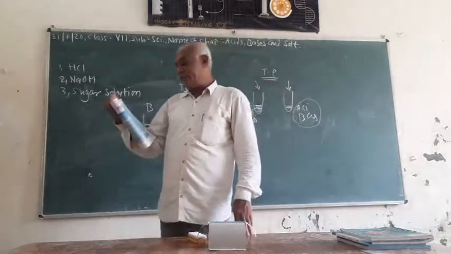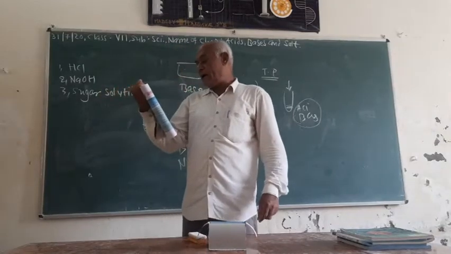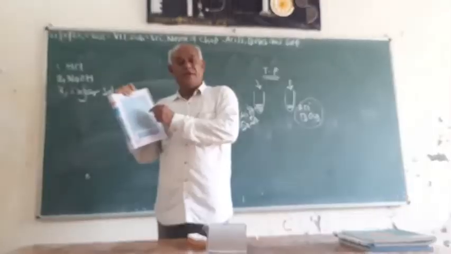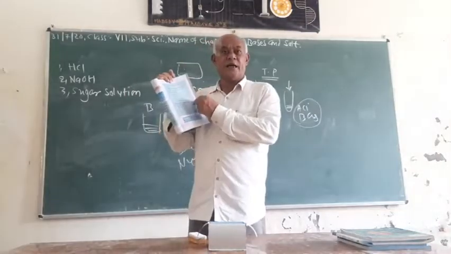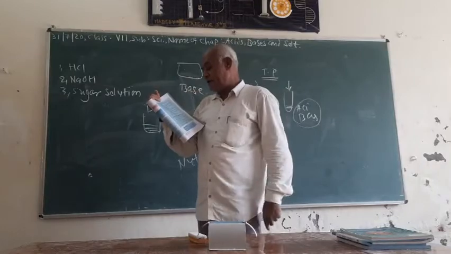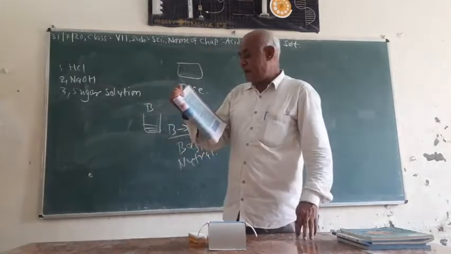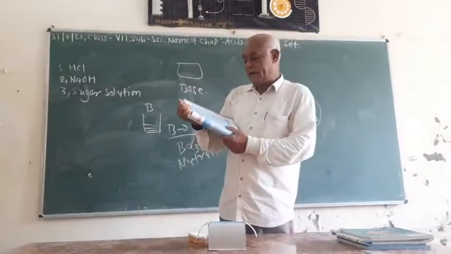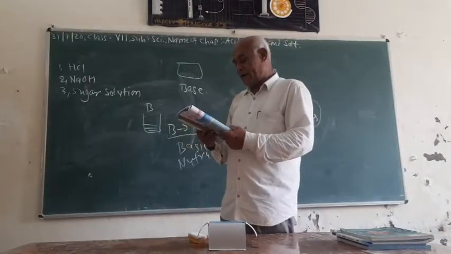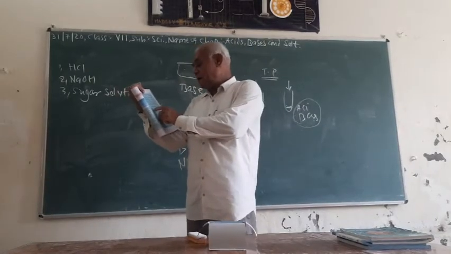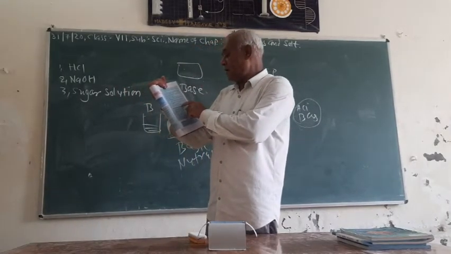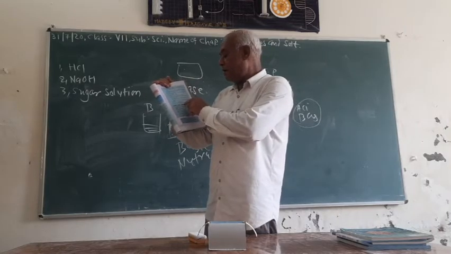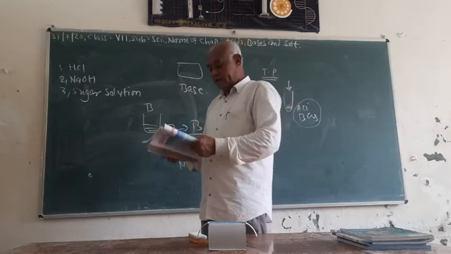Now, the last statement, the change of color in an acid and base depends on the type of the indicator. This is the correct statement. The color change in an acid and base depends on the type of indicator, that is, which type of indicator. Now, from the options, which statement is correct? Only statement D is correct. The fourth option is the correct answer.